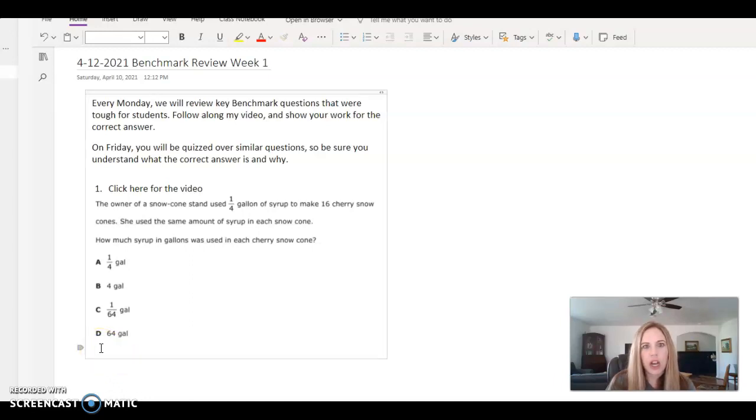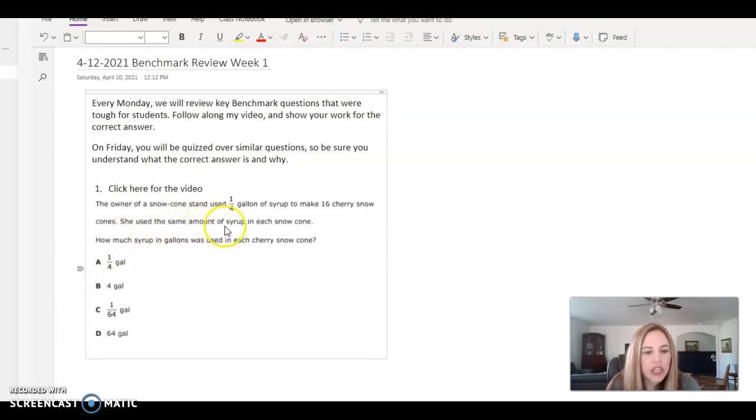Okay, so remember, we're not only going to solve for the correct answer, we're also going to understand why some of the answers that were chosen were not correct. Okay, so this owner used 1/4 gallon to make 16 cherry snow cones. She used the same amount of syrup in each snow cone. How much syrup was used in each snow cone? Well, in our question,